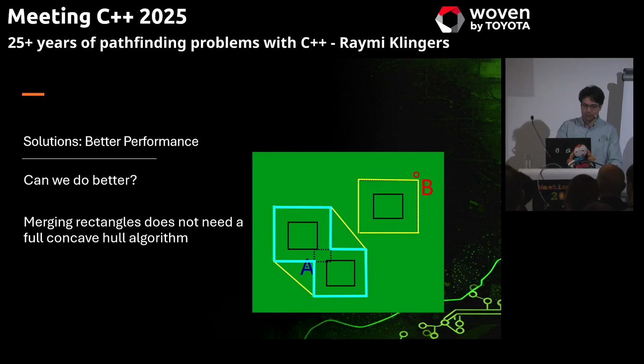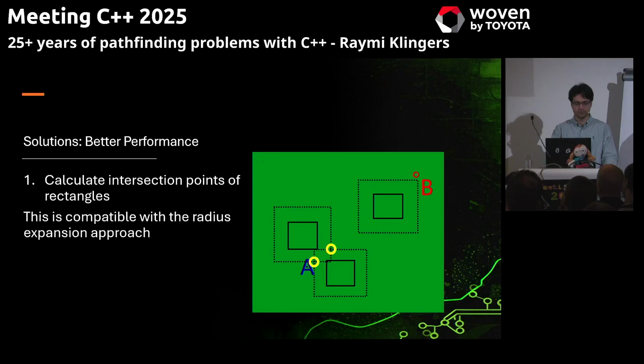Now, can we do better? What I thought was we're merging rectangles, and there's a lot of ways you can actually do this. I know that there is some union with Boolean operations that you can do. There is some research on it. I could not find something that would work exactly with the expansion of the radius, because every unit can have a different radius size, so then it's a dynamic size that you have to control. So it's either Boolean operations or pre-calculated, which we cannot use in our case.